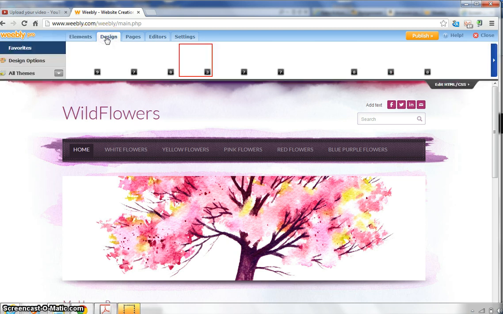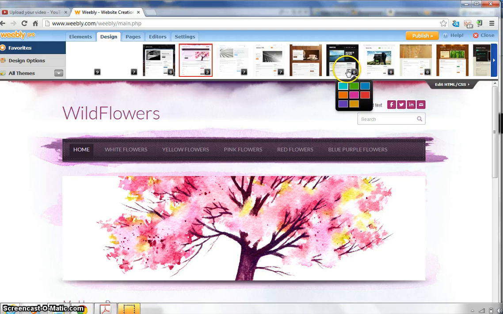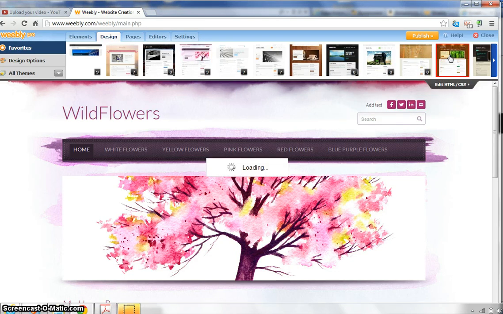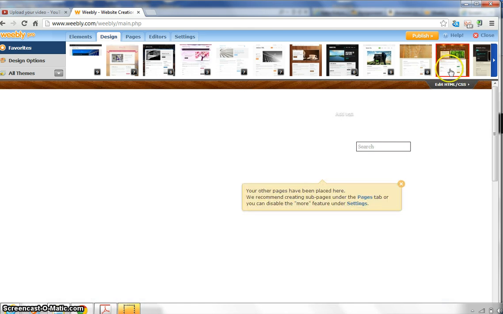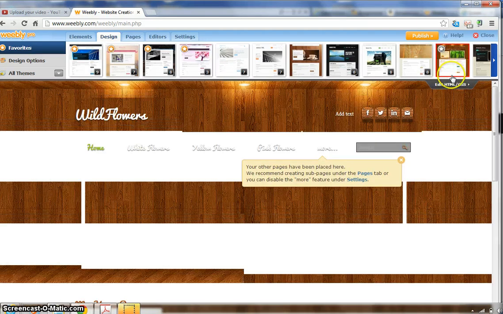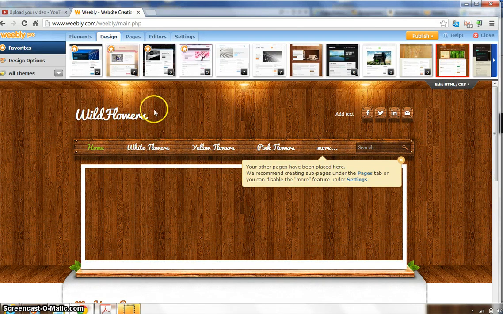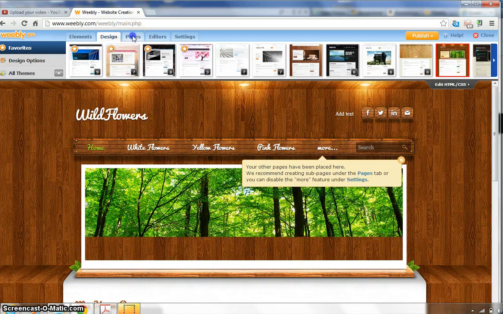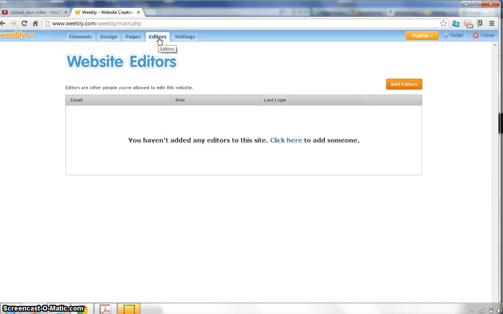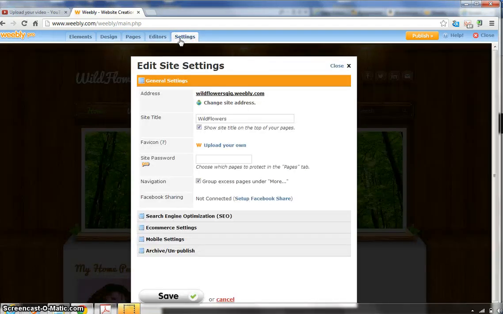Remember the design tab? You can change your design of your Weebly at any time by just clicking on a different design tab. And remember that each design tab also has some colors associated with it that you can change. We'll keep all your content in here and just change up your design. You can always add pages here, and you can add other editors so that other people can collaborate with you on your wiki. And under your edit your site changes, you can see that you have some different things here, even some mobile settings,